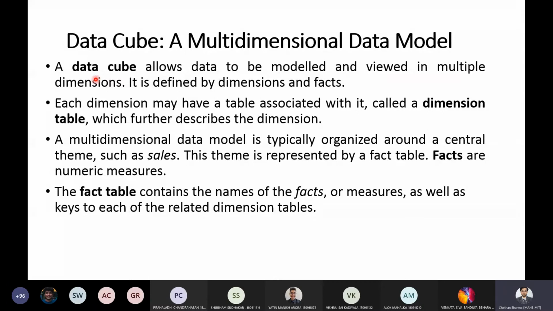The next thing is the multi-dimensional data model. This usually is organized around a central theme, or an area of interest. Here, if you consider sales, sales is the central theme. This particular central theme is represented